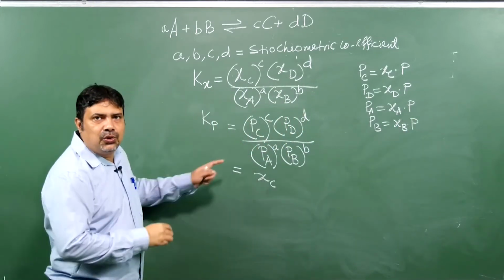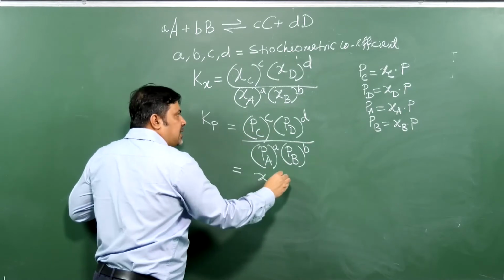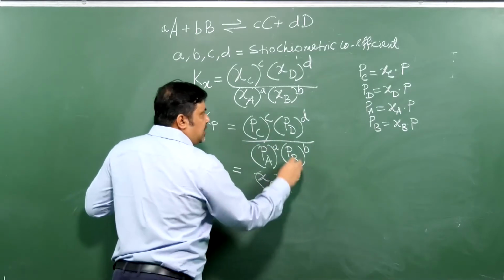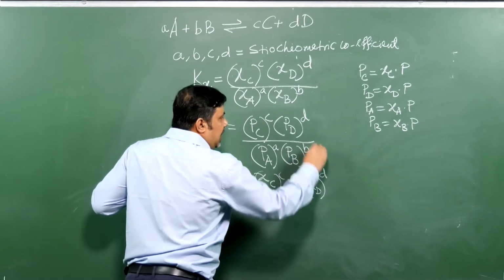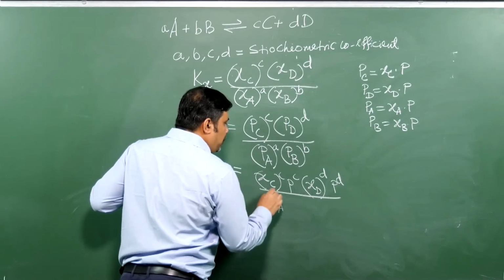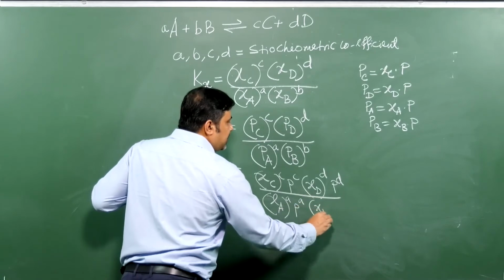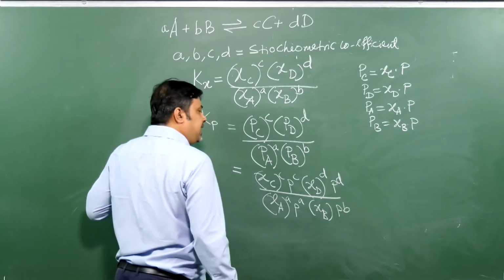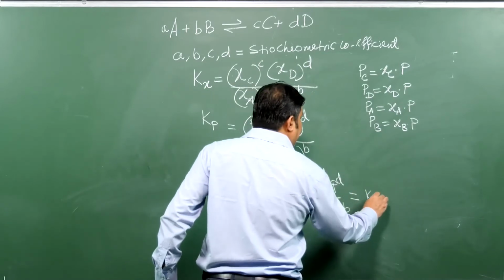Then what I am doing, you look at, my dear student, instead of Pc I am writing mole fraction into total pressure. That will be nothing but this. And then here, instead of Pd we can write the mole fraction of D to the power d, and the total pressure will be like this. And the same way we can put it over here for A, and these things will be nothing but the mole fraction of B, like this. And then these expressions will be nothing but Kx